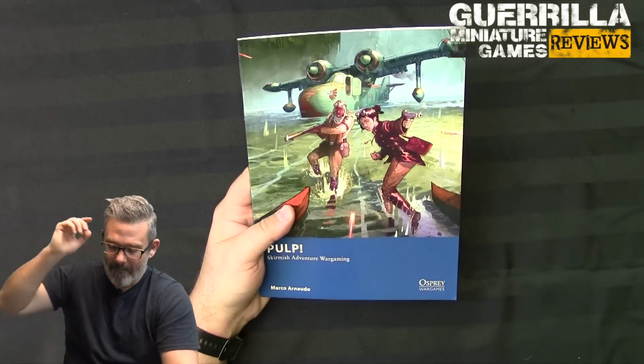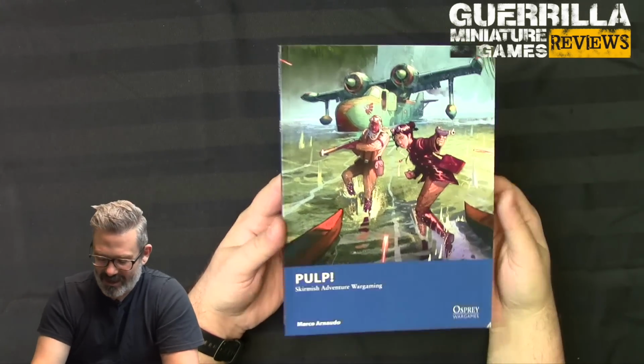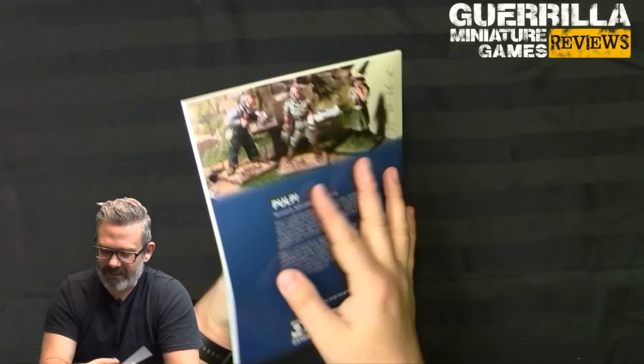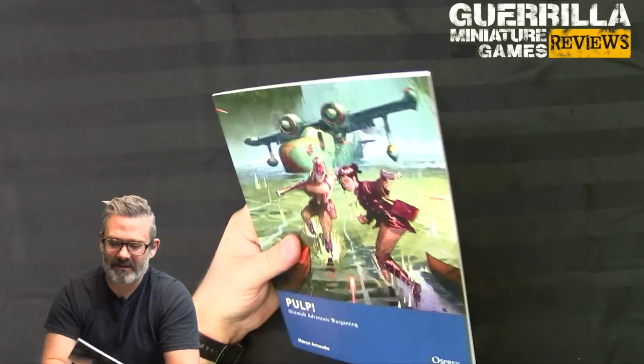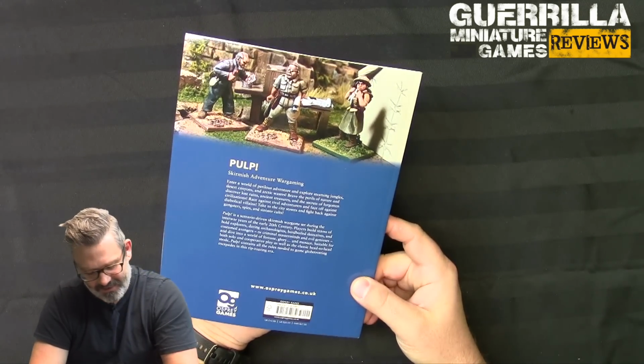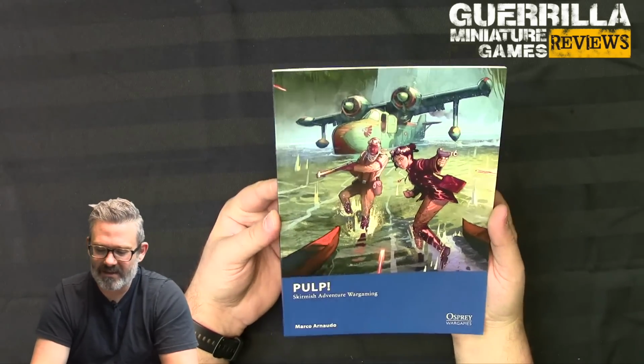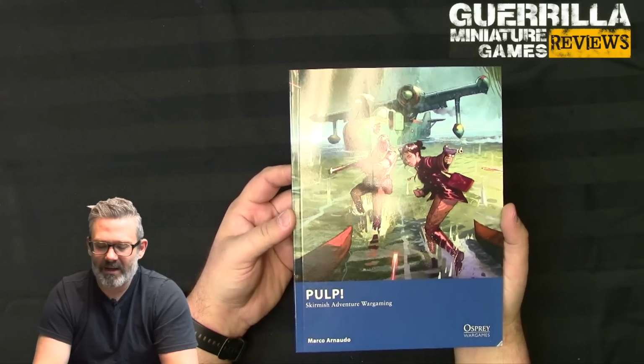Today I'm reviewing Pulp! That's an exclamation point, so I felt like I had to yell it. Skirmish Adventure Wargaming from Osprey Games. This is a Blue Book series book, which means it's in the like 20, 25 buck thing: 27 Canadian, 20 US, £12.99 Great Britain pounds, and is a rules light, miniatures agnostic war game in the Pulp